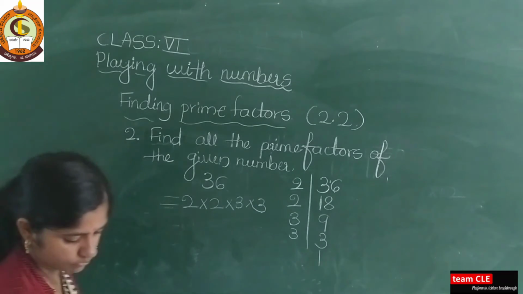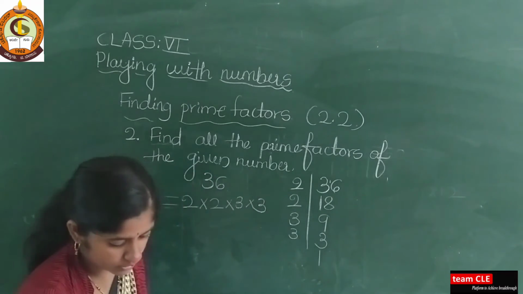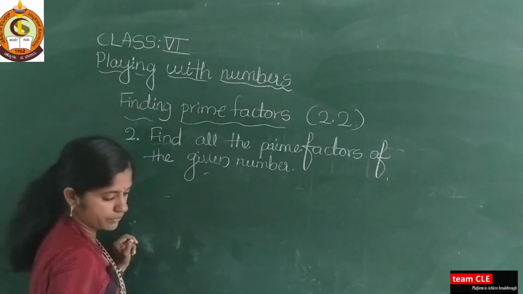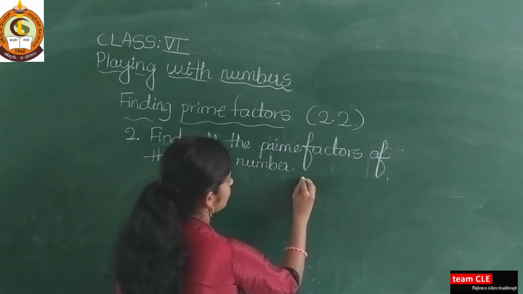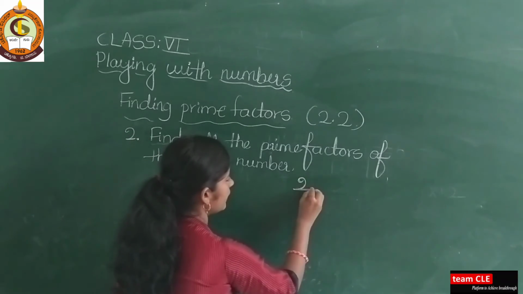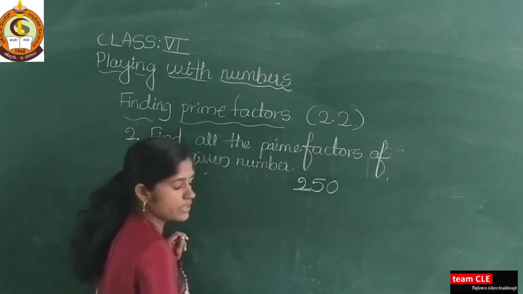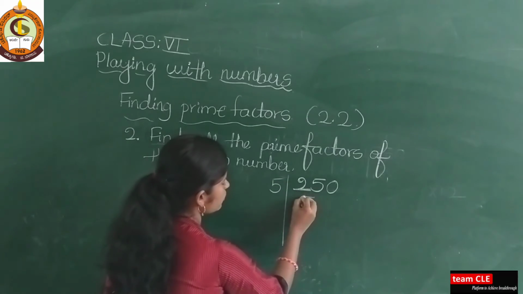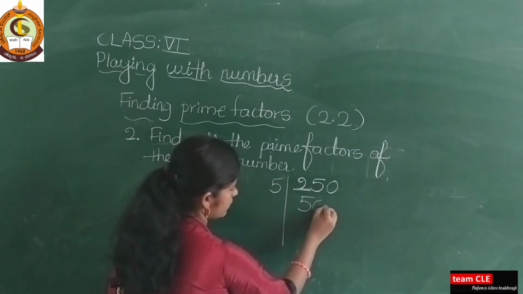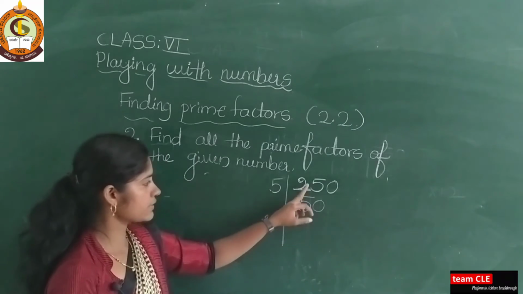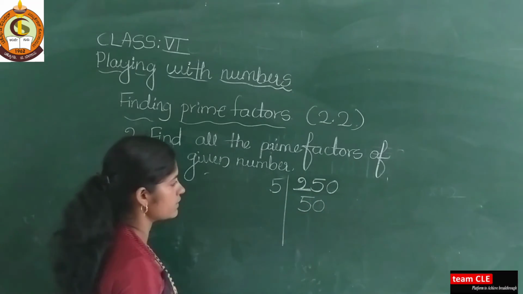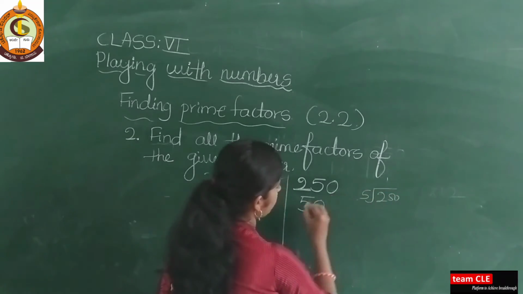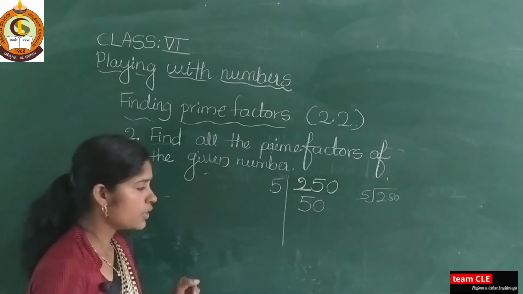Okay. So let us take one more example. I will take 250. See here, 250. Directly I will take 5 because 5 is a prime number. So take 5, 5 5s are 25 and this 0 as it is. If you are getting confusion, then divide like this. 250 divided by 5, you will get 50 as a quotient.